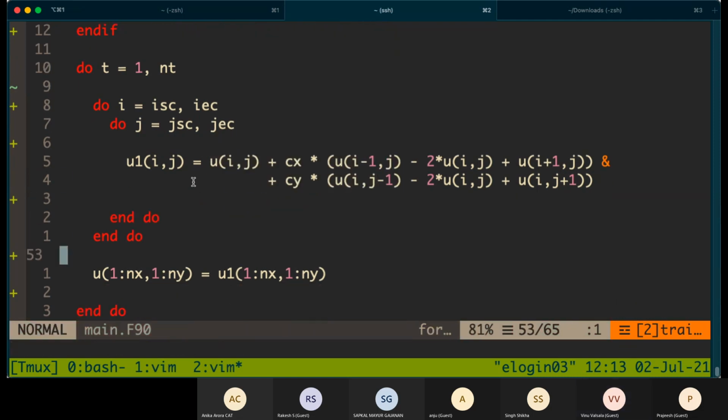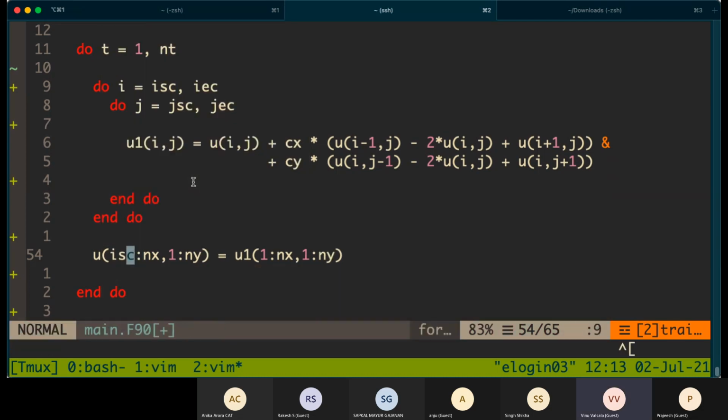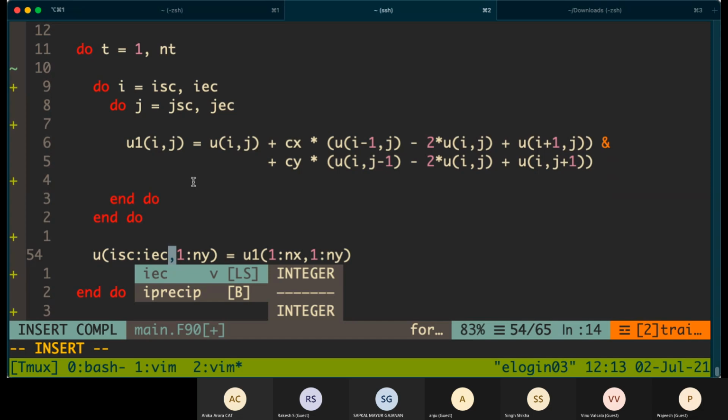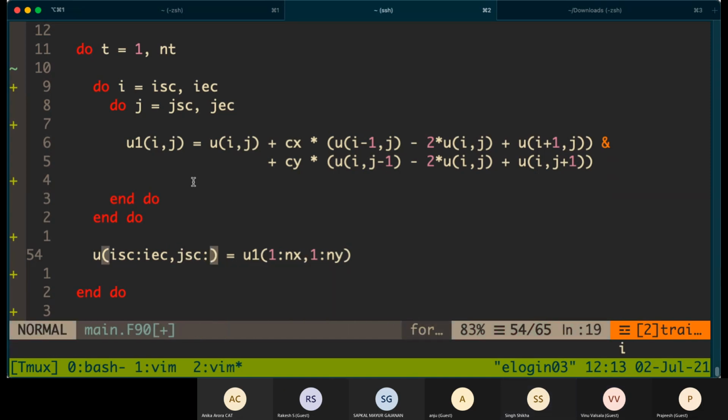And again, this update will happen only for ISC to IEC, JSC to JEC.